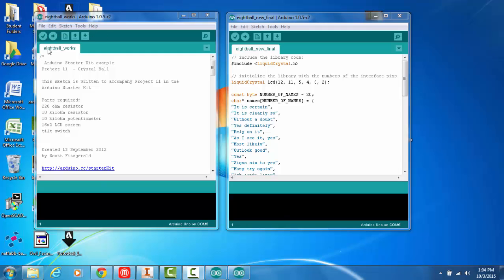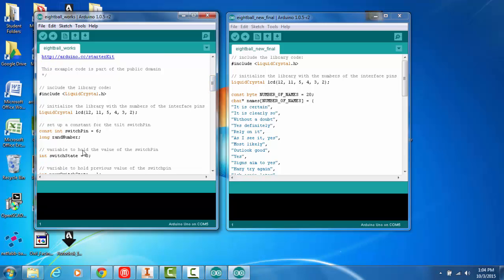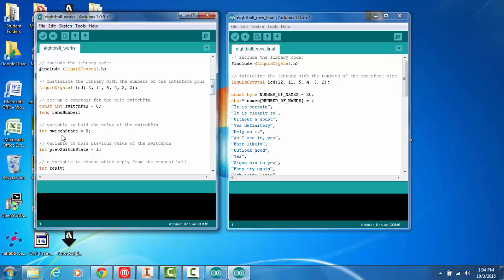I just wanted to start out by talking about a project that came with my kit at first. It's called the Crystal Ball, and it's based on pushing a switch to change the answers. So it has all of this extra code in here about changing the switch state and different things. And by setting the switch state constant, so that every time I compared it, it was always different than